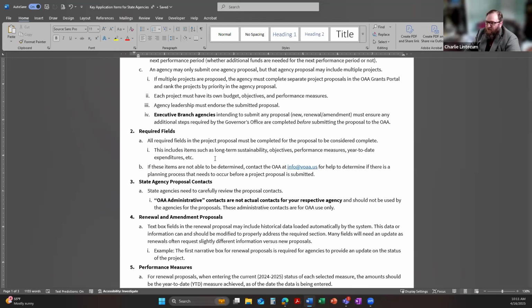That means putting in something to do an RFP to try to figure these things out. If that's something you're thinking about, you need to reach out to us to determine what kind of award. It sounds more like a planning grant, or a planning award, that you're looking for than an actual project. I would recommend you discuss that with us ahead of time to see if that is something that would make sense for us to fund. Otherwise, we only fund projects that are ready to go, that have those elements already determined.